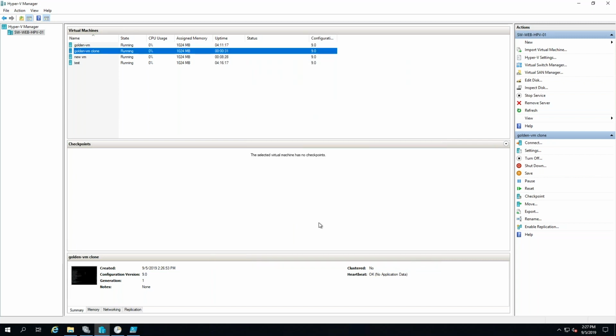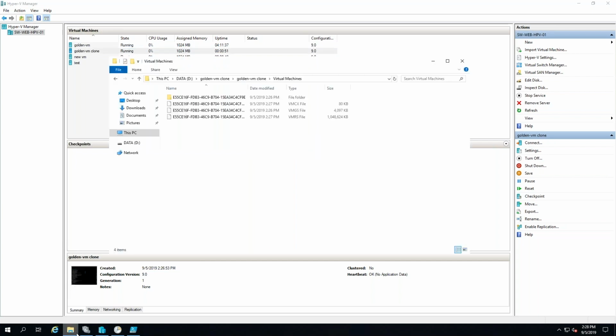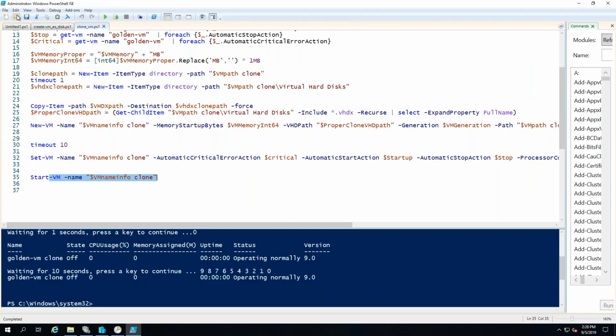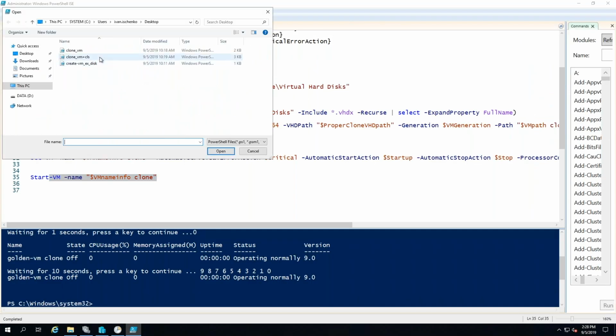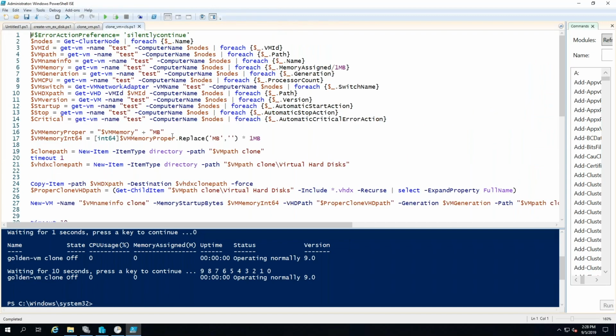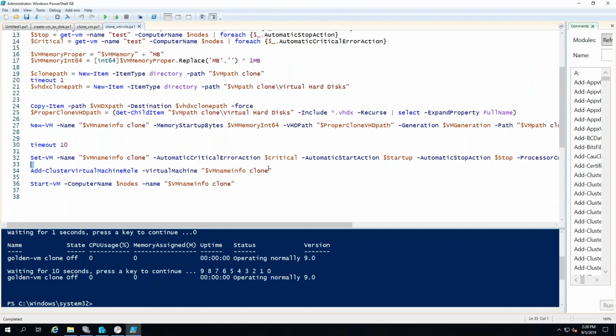That's it, but it's still not enough for me, because if you're talking about the failover cluster environment, I still need this VM to be relocated to the cluster shared volume, then register it as the VM. And we're just adding one more string in a new script. So I have another script here. It's this one. We just add an additional string to add this